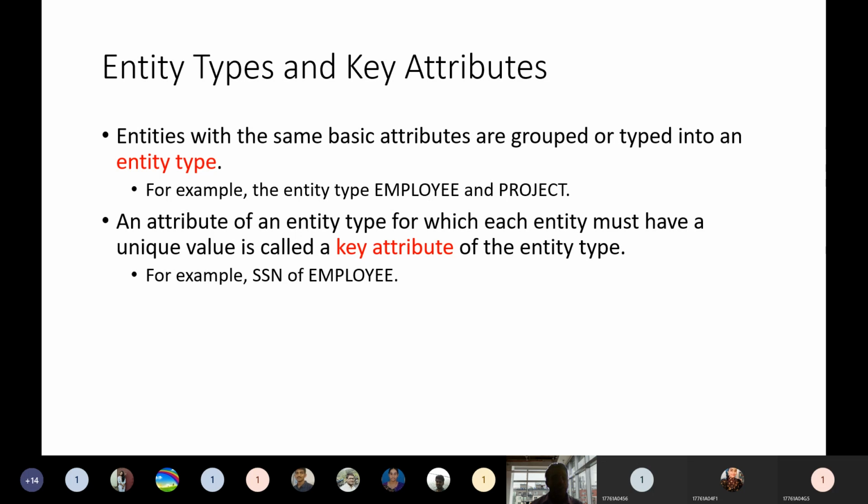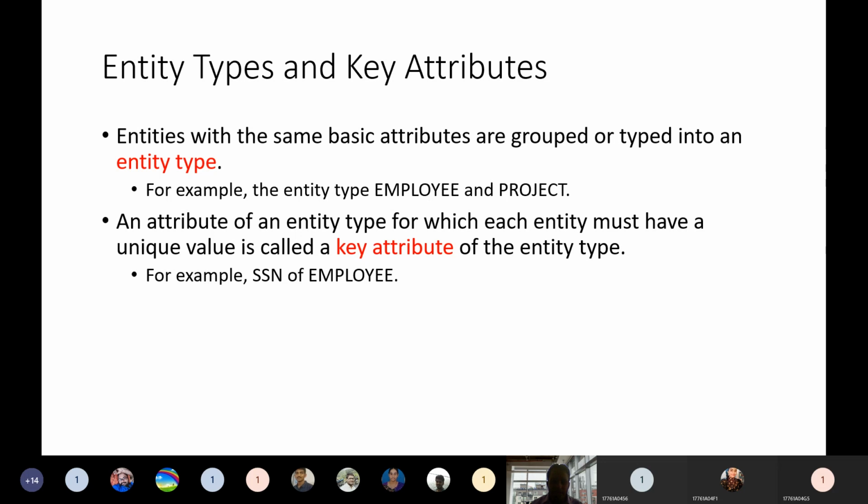Primary key means we can make one column in the table a key. A column is also referred to as a field or attribute. One attribute in the table is made the primary key. So what is a primary key?